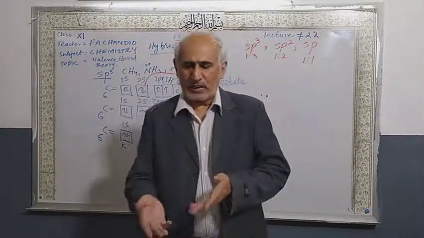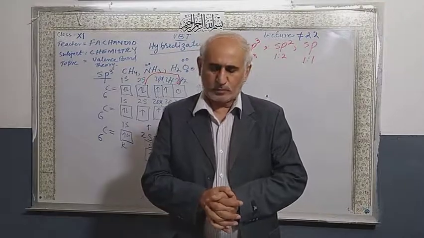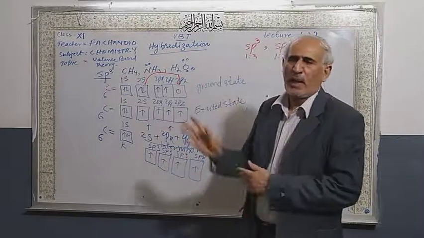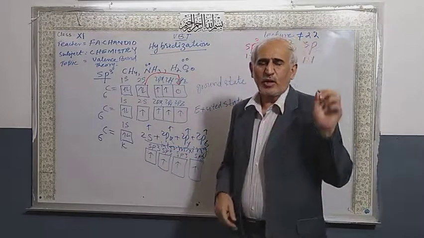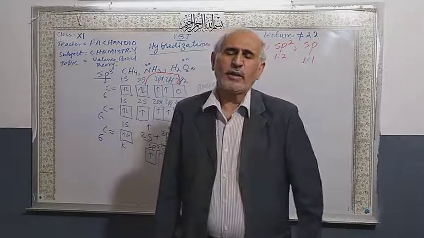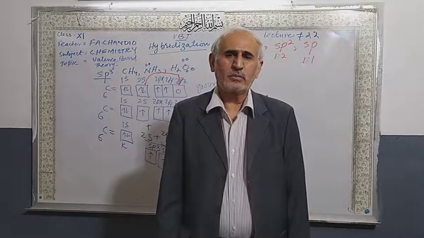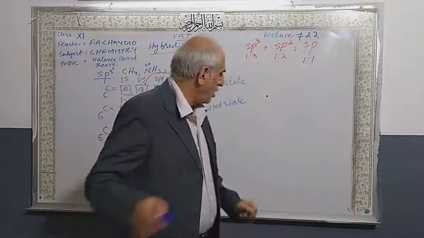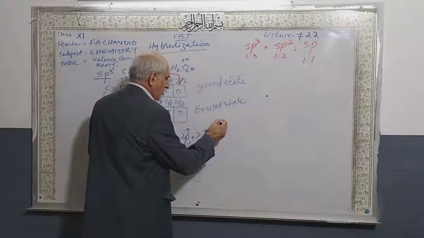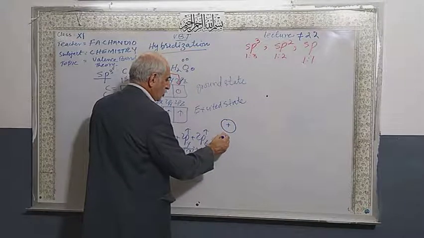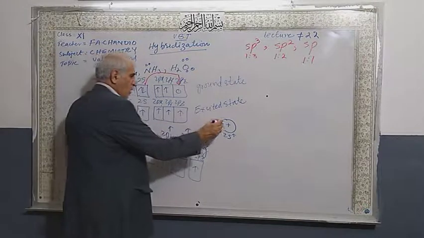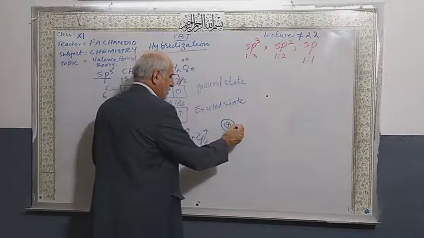Dear students, one thing: the intermixing diagram is not given in your book. I am going to draw it here. You must write it in your copy, and on a small page you have to write it and attach it to your book where the topic is. So I am going to show how they intermix. 2s: this is the shape of s, spherical,